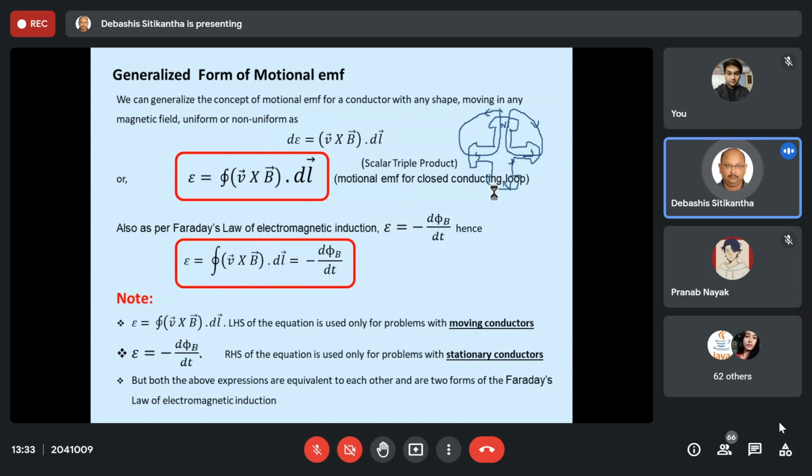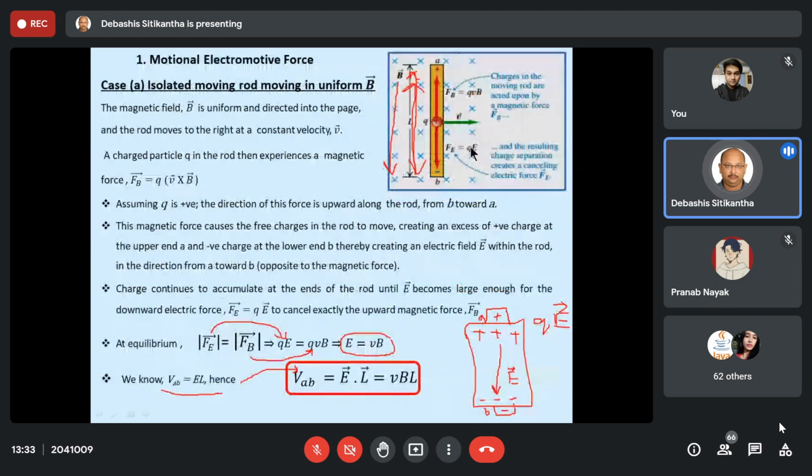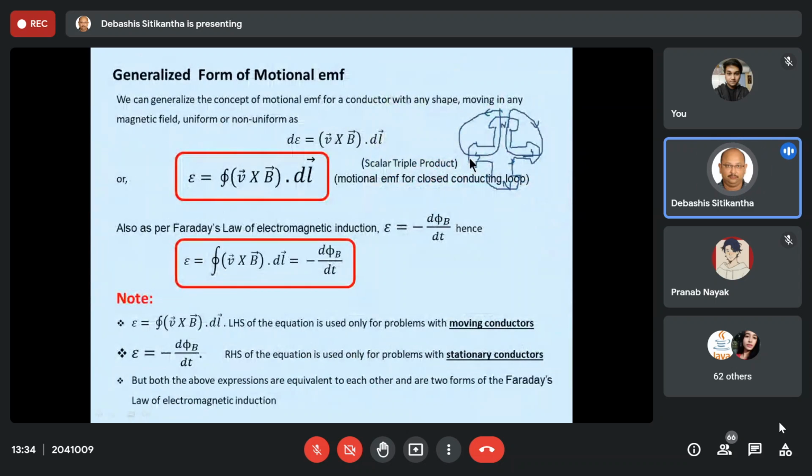Whereas in the previous cases, you can see the magnetic field lines are uniform, straight, and they are moving into the screen. Usually, as per our electrical engineering, we don't make use of those types of generator. Rather, the field system is something like this. That means the magnetic field is not a uniform one, even though the magnitude is constant. Similarly, the conductors may not be straight lines. They may be coils. So naturally, those equations cannot fit into these types of practical generators.